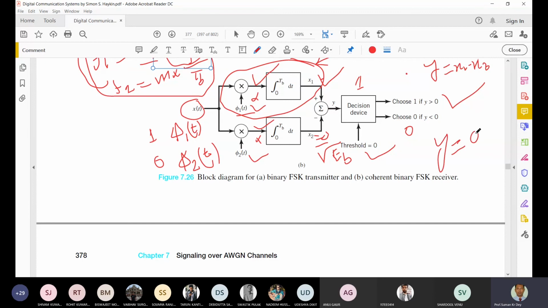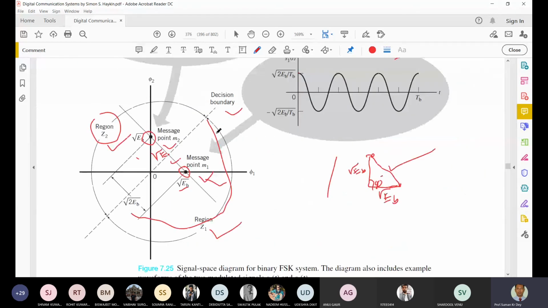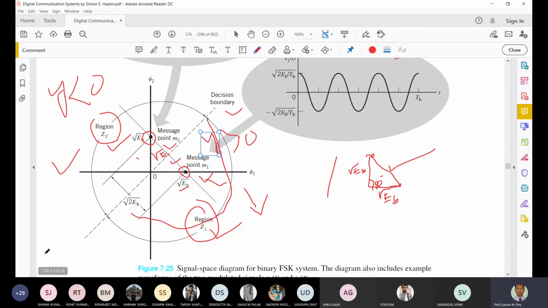So if y equals 0, in that case, what will happen? If we look at the boundary condition, when y is greater than 0, the signal belongs to this point or region Z1. When y is less than 0, it belongs to this region, region Z2. So now if y equals 0,